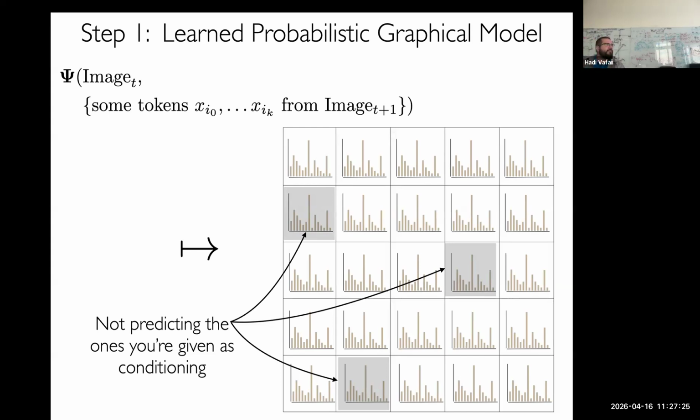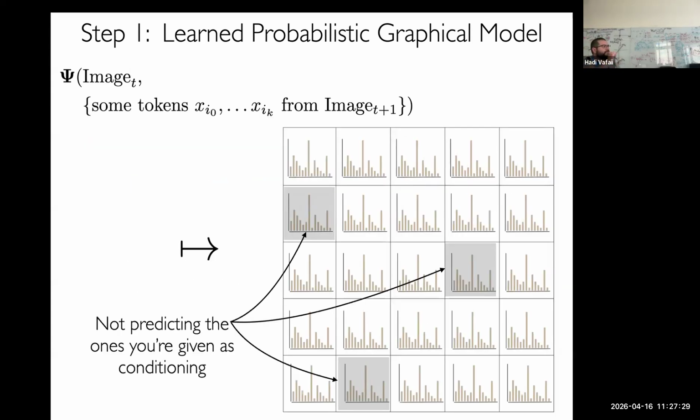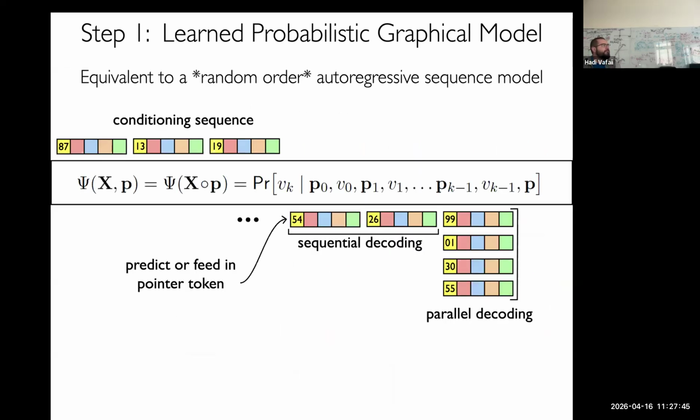I see. Okay, so now the question is, there's actually a general form of this problem. I've told you a vision problem, but there's a very generic problem, which is how do you learn a PGM? That's always been a big problem. That's why the PGM field kind of got stuck, because it's hard to learn. It turns out one little trick will do it, a deep insight that Clement had: there are these things called pointer tokens, which is basically a token for the location.